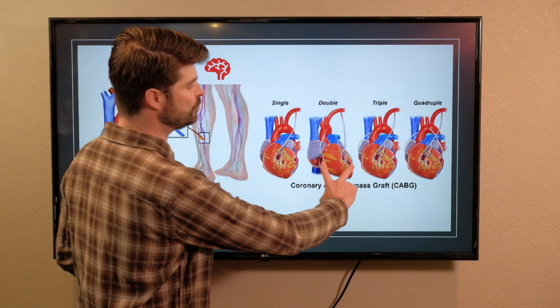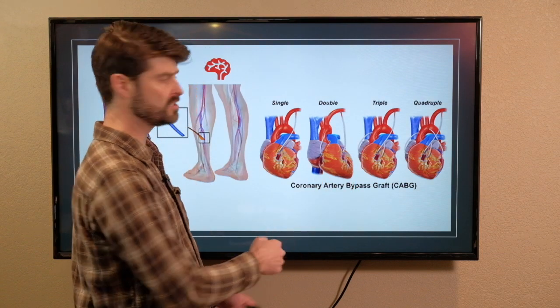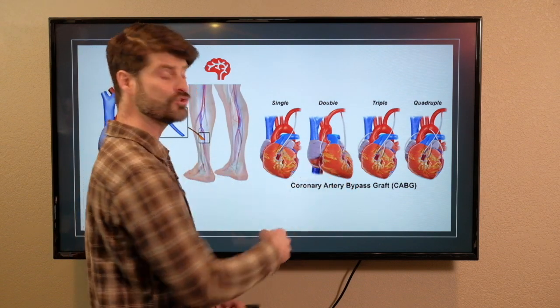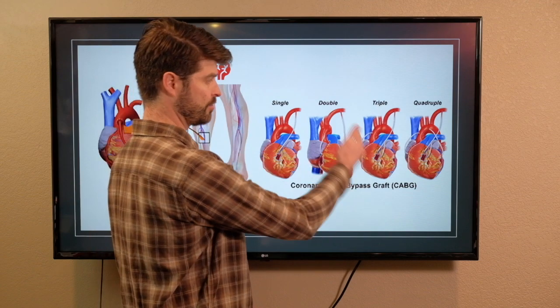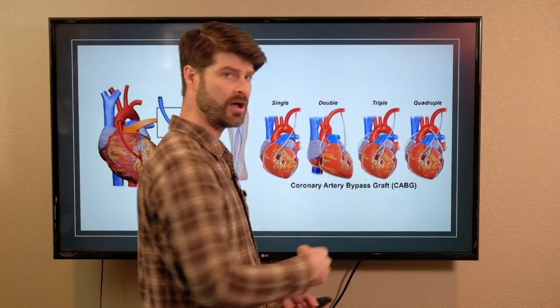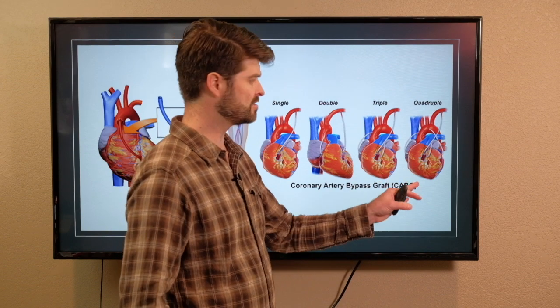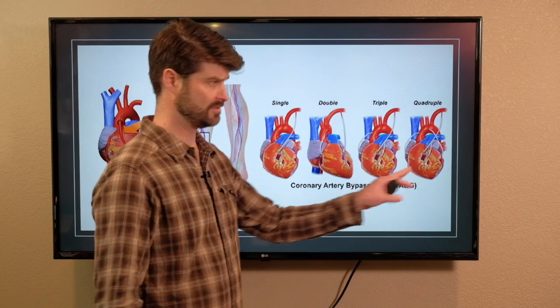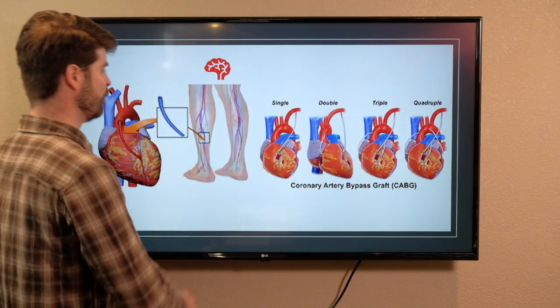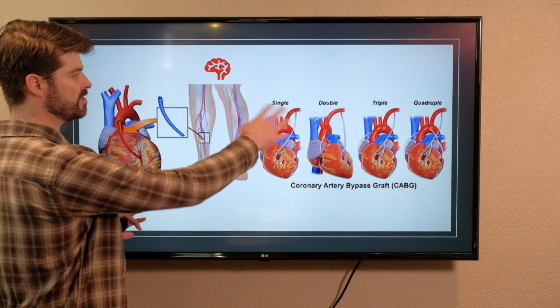Double is where they have two areas of the heart that have infarct and they're going to tap the aorta twice. Triple, 3 times. Quadruple, hot mess. They're all kinds of jacked up. Their heart sucks. That's bad. One of the big risks here is because we're messing with